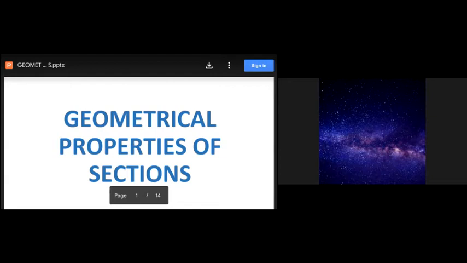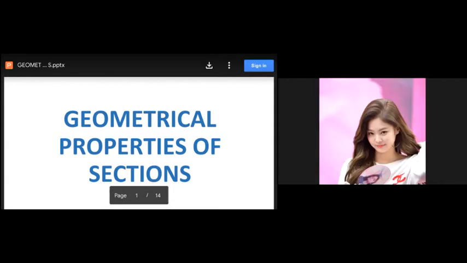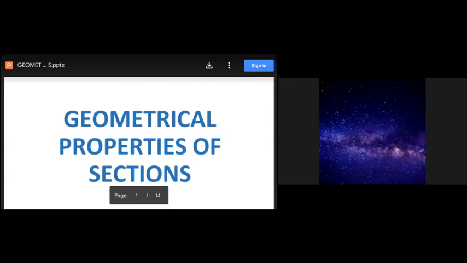The knowledge of center of gravity is very important to maintain bodies in equilibrium, that is, for balancing the bodies. And the moment of inertia plays a very important role in bending of sections. That is, the strength and stiffness of bending members such as beams depends on the moment of inertia of the cross section of the geometrical figures.